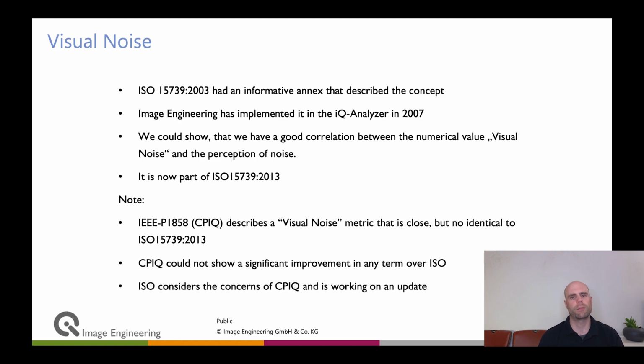So when we test devices as a service in our test lab, when we need to judge cameras, if VCX does it or any other reliable objective test procedure, we use visual noise. It is now part of the ISO standard, also of a normative part. And maybe just to mention, there are different flavors of visual noise out there. So there is the ISO 15739 visual noise, but also the